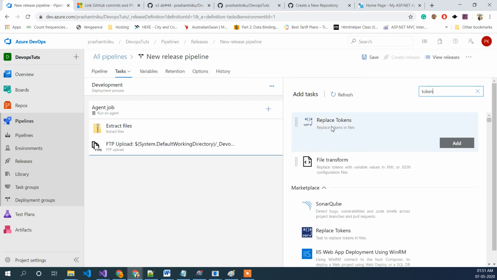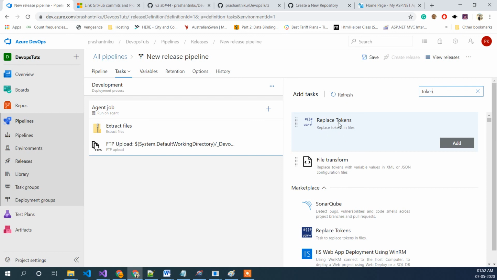This replace token is not there by default, so you need to add it. When you add it, it will take you to the marketplace and ask you to accept and install, and after that it will be here.